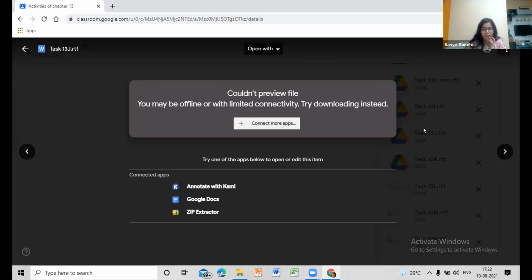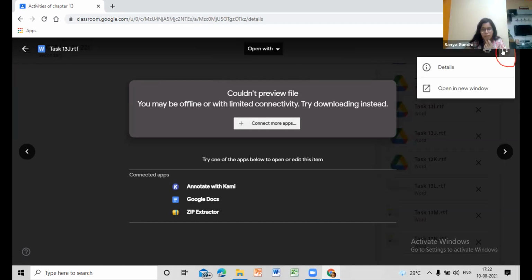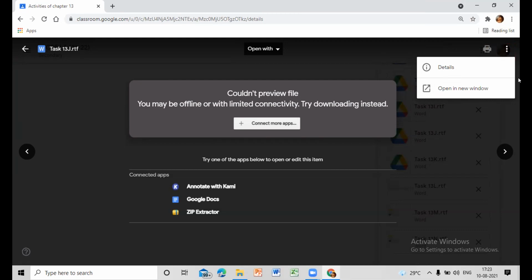Can you click in here? Click here. Three dots. Details. Okay. How will your teacher download it? She must have asked you to upload it in a PDF format. How are other students uploading it? I don't know. Can you please verify with your teacher if you have to upload it in PDF format or not? She told no, because she has to check the font and the formatting also, so it has to be in Word.